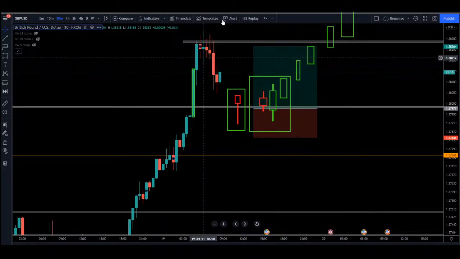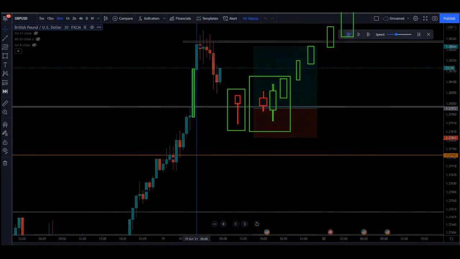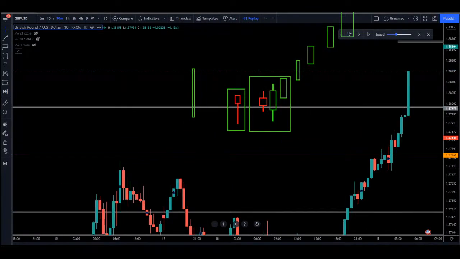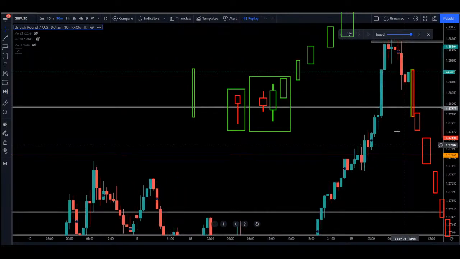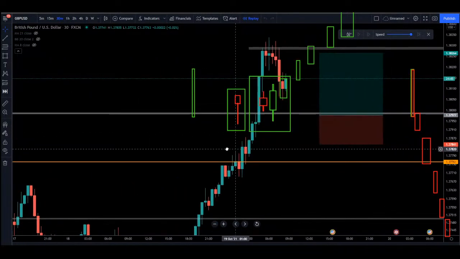Let me show you. It could have been a candlestick like this one. Something like that, and the price could have come all the way down. So that could have happened. So it's more probable that if you wait for the price to create a rejection,